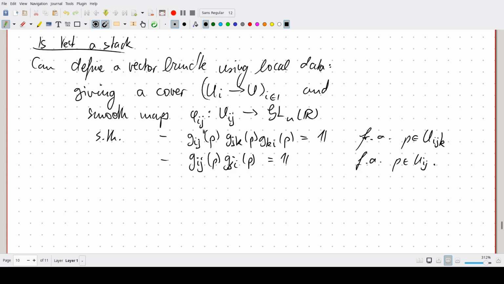If we are given this, then this gives a smooth vector bundle of rank n